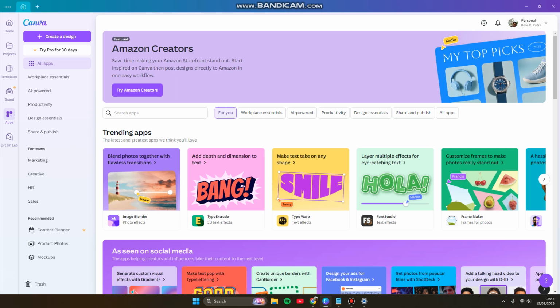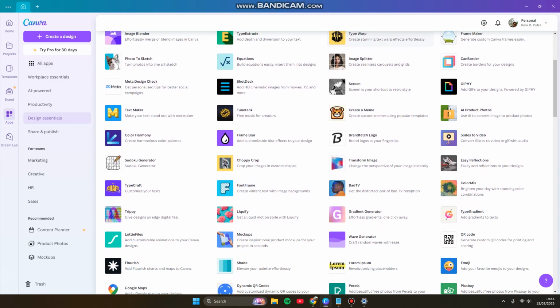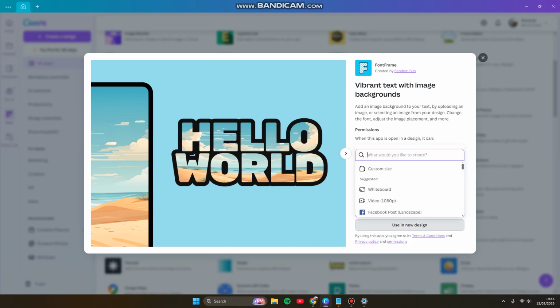To get started, simply click apps, then click design essentials. So you can scroll down and try to find font frame. Vibrant text with image backgrounds. Add an image background to your text by uploading an image or selecting an image from your design. Change the font, adjust the image placement, and more. You can click use any design for practicing